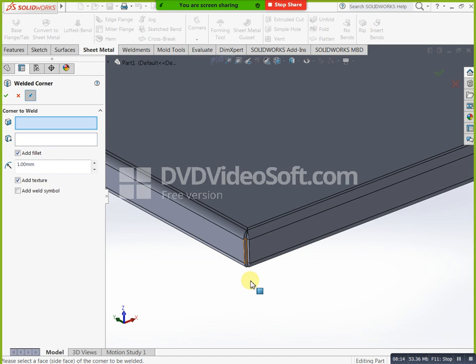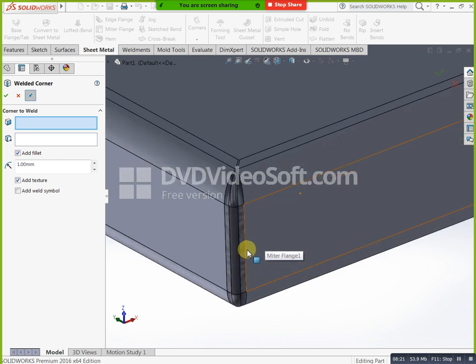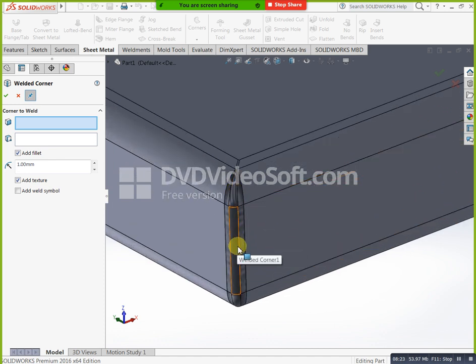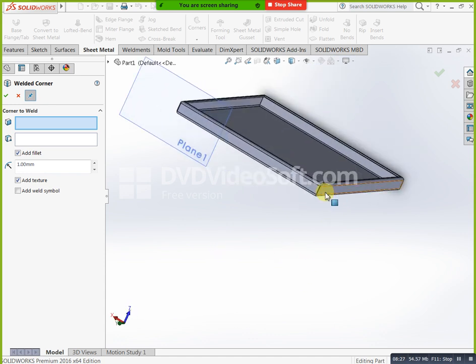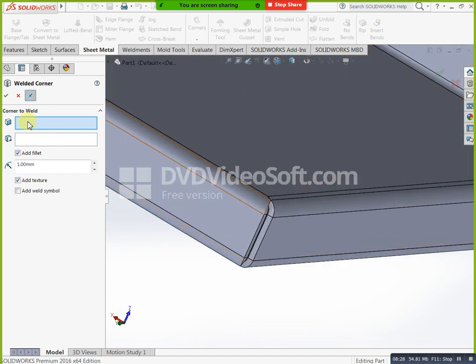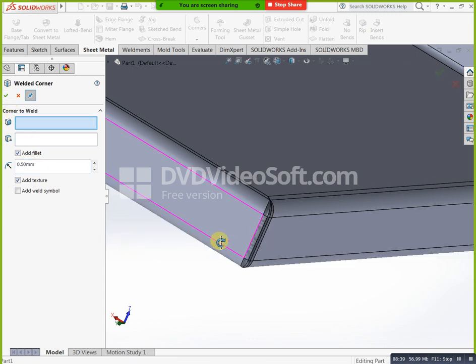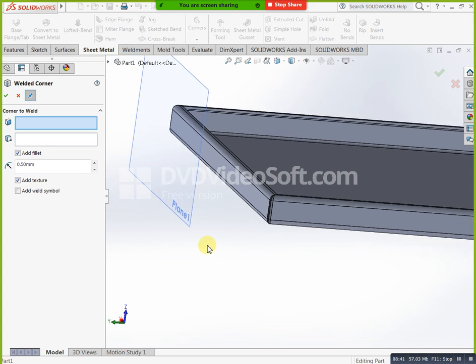Now you can see here we have the weld feature. A 1 mm weld is there. Same on this side I need. You can apply the weld here also. Is 1 mm okay, or otherwise you can mention 0.5. You are getting some less here compared to previous, or otherwise you can mention 0.1, 0.2 also. Depends upon the requirement.